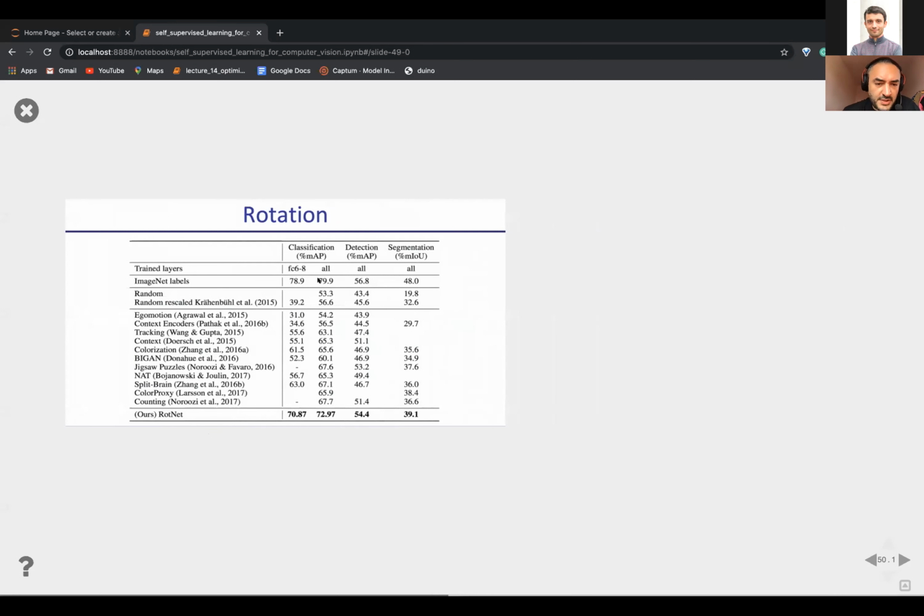Here is the comparison of classification. I think it's Pascal VOC and AlexNet. I think it's classification on the Pascal VOC dataset, and classification, detection, and segmentation with mean average precision and mean intersection over union. And as you see,